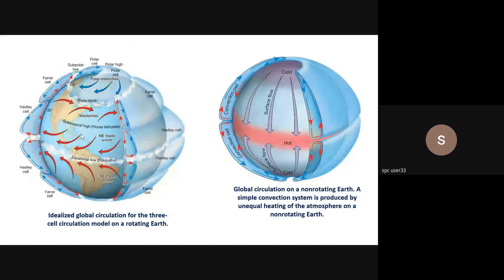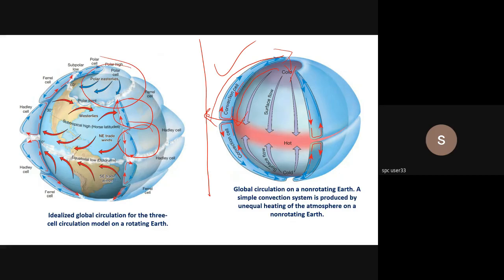And in fact, here again, you'll see this part is the single cellular thing which was thought of, that the warm air here rises because of its temperature, and then it moves towards the poles, and from there it comes down to the surface, and then it moves back again to the equator. But it was realized that it is not one cell. In fact, it is divided into three cells. Okay, 1, 2, and 3.